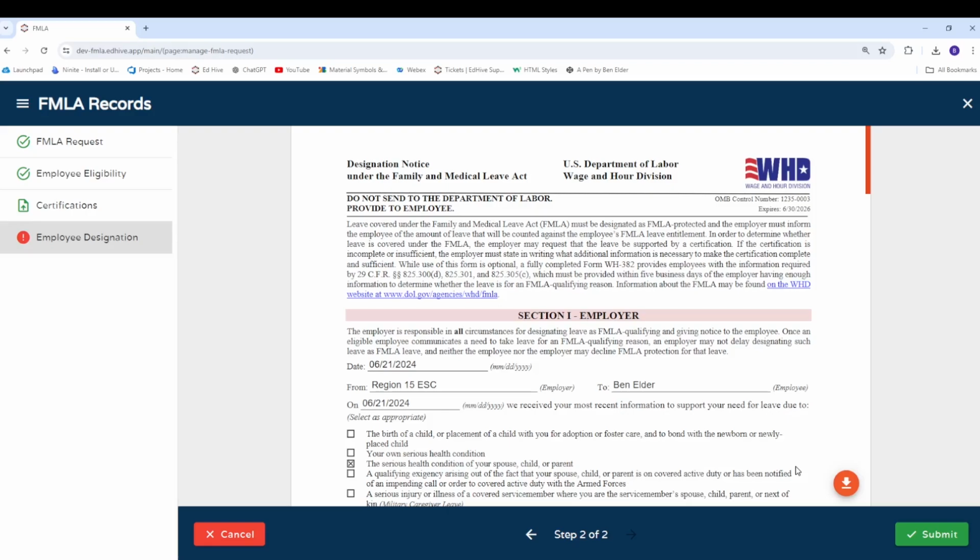After you select Generate PDF, it will generate a PDF using the proper government documentation. Review the document and make sure it's correct. You can download the PDF of the document by clicking the download icon at the bottom of the page. Or if you need to make adjustments, select the back arrow on the bottom of the page to go back to the previous step. Then click Generate PDF again to recreate the document. Once the document looks correct, click Submit to move it on to the next step for the employee, which is